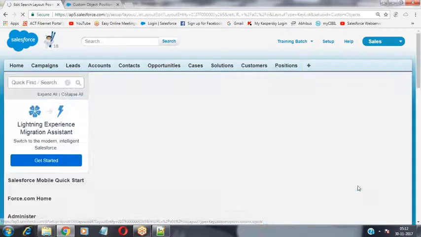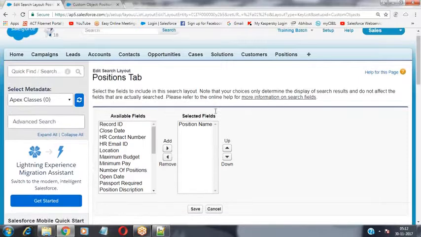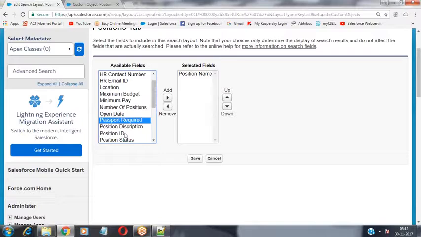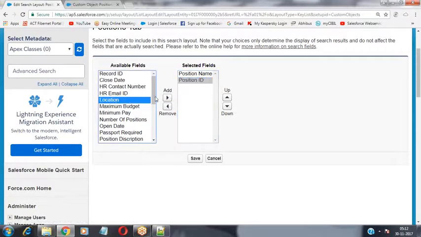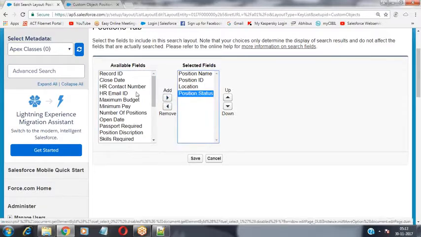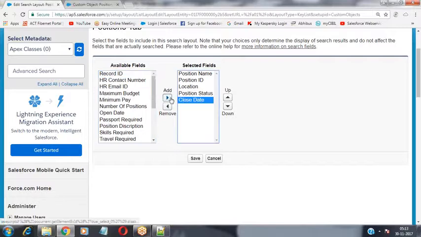Along with the position name, I want to show the reference number, nothing but the position ID. Add those columns which you want to display, and for which location the position is available, and what is the position status, and the close date of the position.